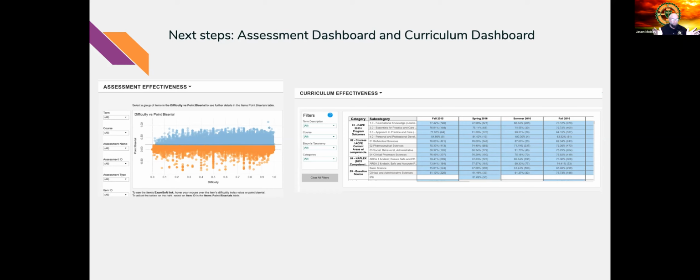Well, I have a simple answer for that. Longitudinal data, right? So if you have questions that appear on multiple exams over time, you want to see, are they performing better on that question based on the changes in your teaching, the changes in your remediation, or even the review practices that you do for your exams? So again, that's why that's needed.